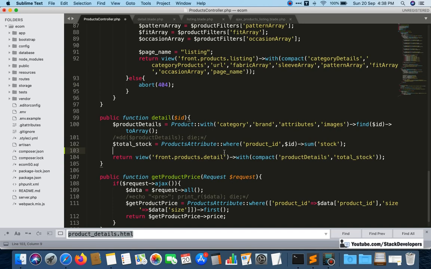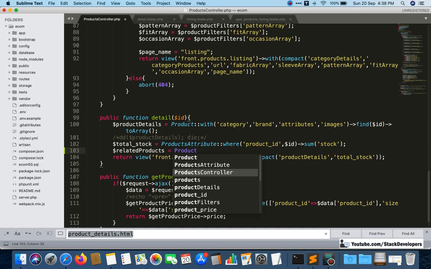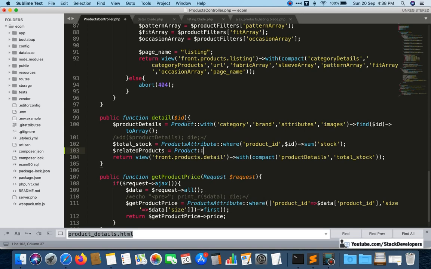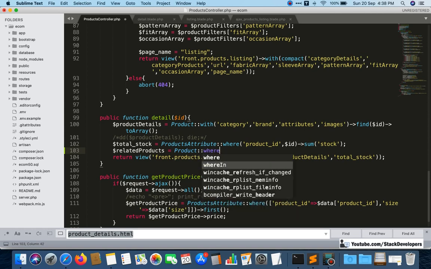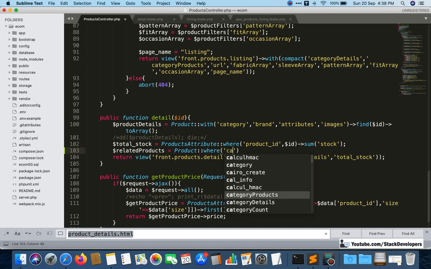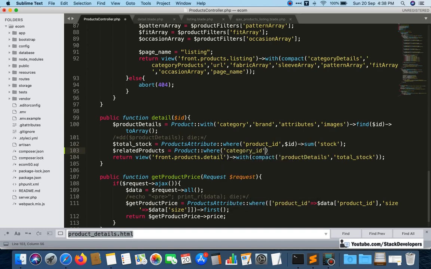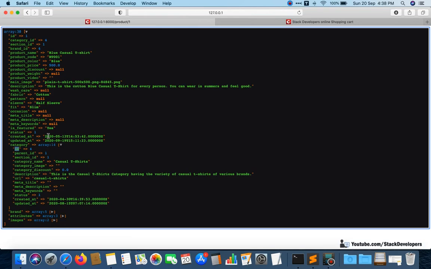So here I'm going to write dollar related products. This one we are going to take from the product model, where I am going to add where category ID, and category ID we have under category then ID.